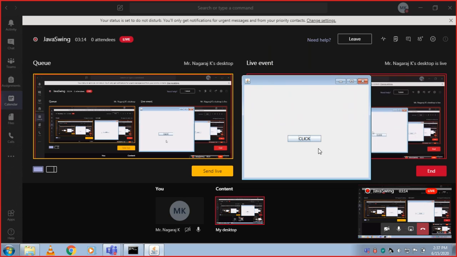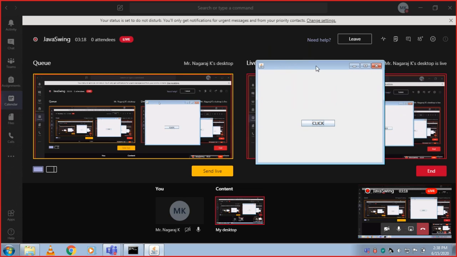Here there is a button which is in the frame. This overall pop-up is called a frame. So the frame is the container, and this button is a component. Within one frame you can have multiple components like buttons. And one container can be within another container, that is also possible, meaning one container can hold another container.